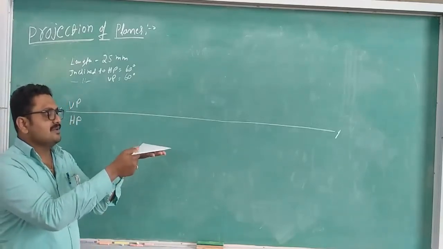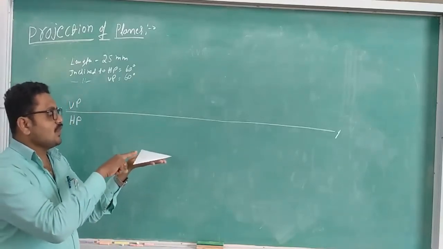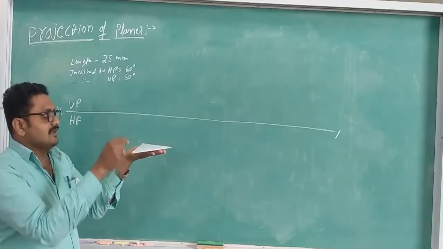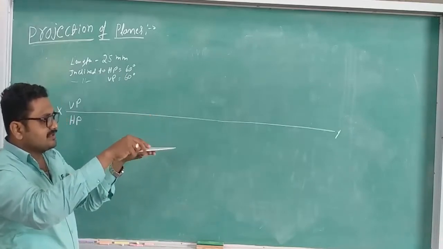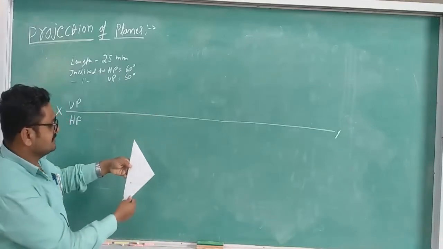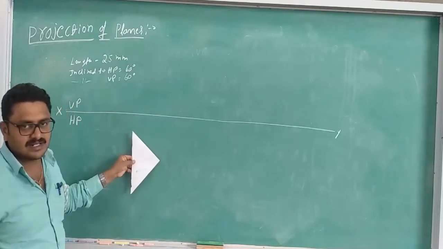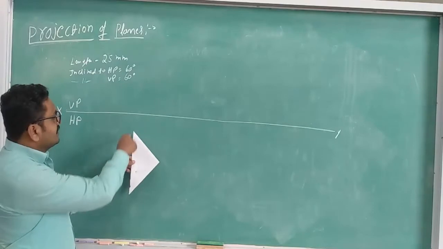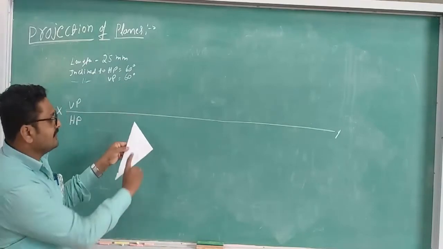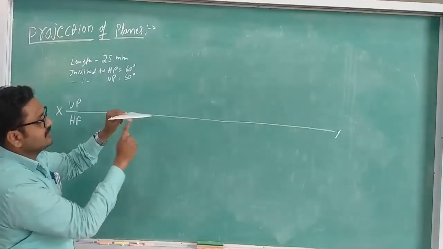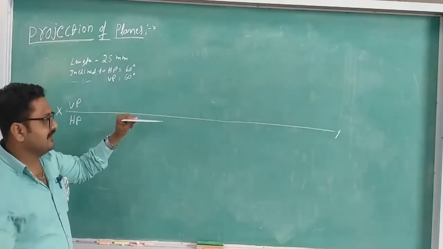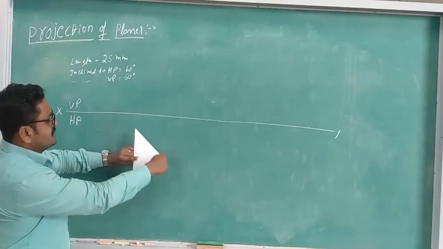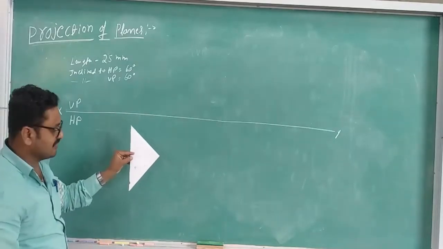That means in the first step, it is resting on HP on one of its sides, so we keep the side on the left. When you rotate the horizontal plane in the clockwise direction so that it comes down, it looks like an equilateral triangle with the actual dimensions, and this edge becomes perpendicular to the XY line. When you see it from the front, it is just a straight line, but in the top view it looks like the actual triangle. This is the first step.